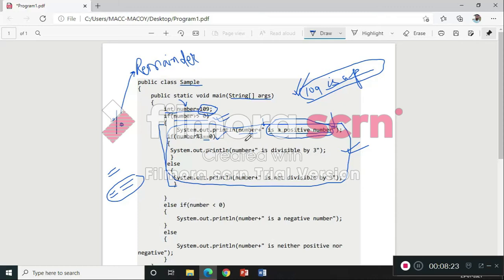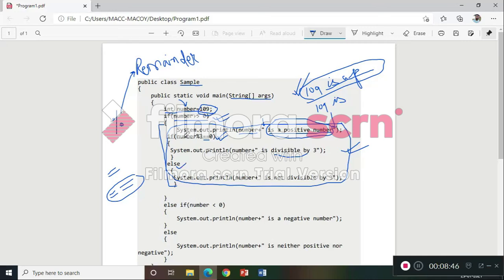What is number? Number contains the value 109. The next line displayed will be 109 is divisible by 3, if and only if this part succeeds. Otherwise, this else part will execute.